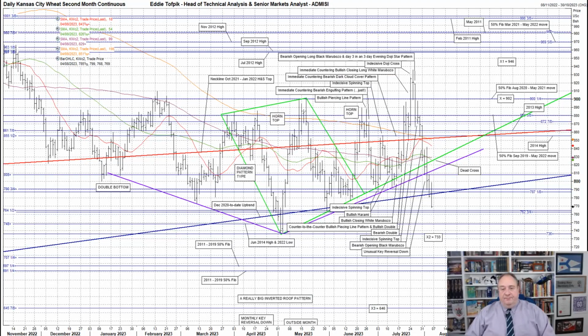Kansas City wheat. Well, all of a sudden things have become even more interesting here. Up until last week, or really the start of this week, prices had kept hitting and sometimes utilizing the bright red trend line, formed of the neckline of the small but influential October 2021 to January 2022 head and shoulders